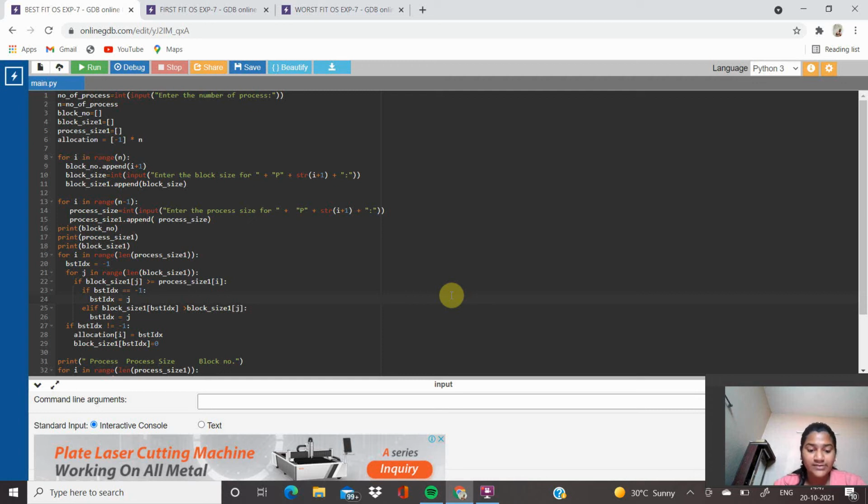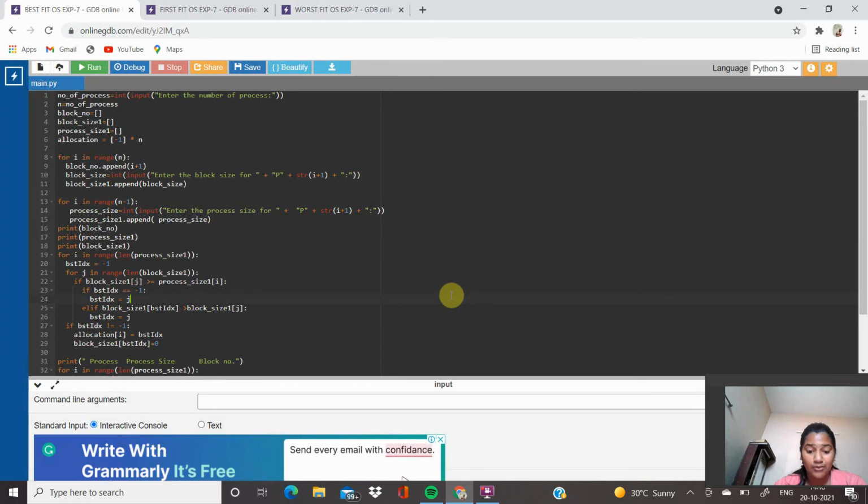When it is time to load or swap a process into main memory, and there is more than one free block of memory of sufficient size, the operating system must decide which free block to allocate.